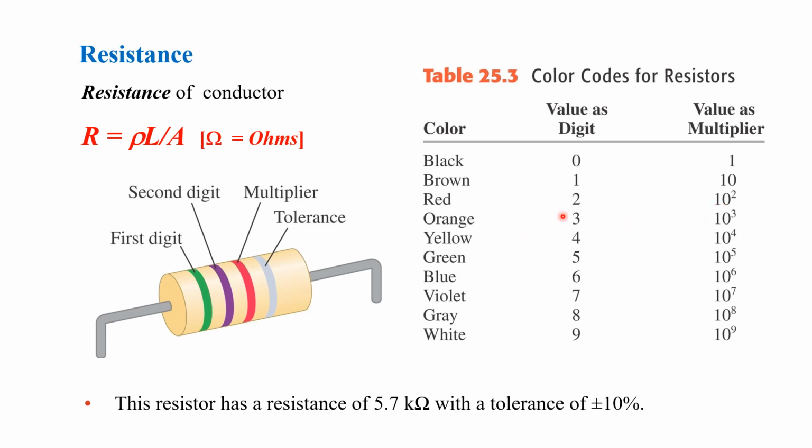So you have 57 times 10 to the second power, that is around 5,700 ohms, or that's equal to 5.7 kiloohms. And since this is silver, this is a tolerance of plus minus 10%. Gold has a tolerance of 5